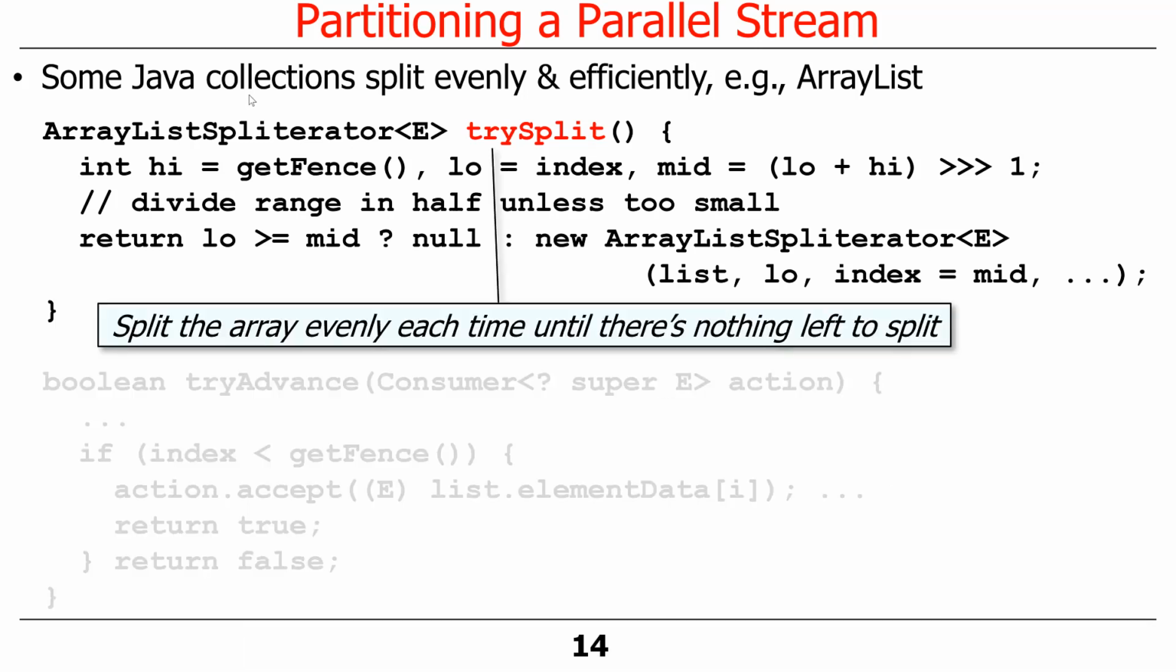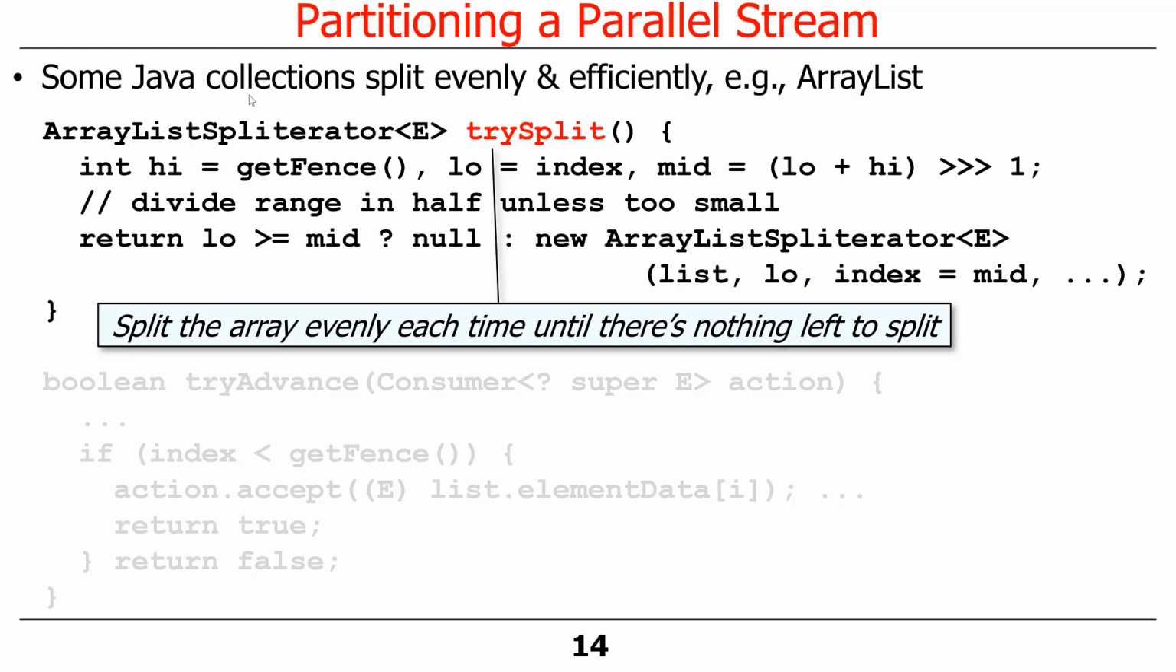The trySplit method, as you can see, tries to evenly split the array each time until there's nothing left to split, and that should look very familiar. So we basically take the low and the high. High is defined by something called getFence. And then we take the mid, which is low plus high divided by 2, or right shifted by 1. And if low is greater than or equal to mid, then we're done because we don't have anything left to split. Otherwise, we go ahead and make a new ArrayListSpliterator, and we are going to set our index